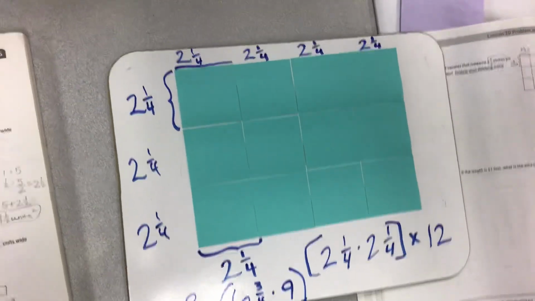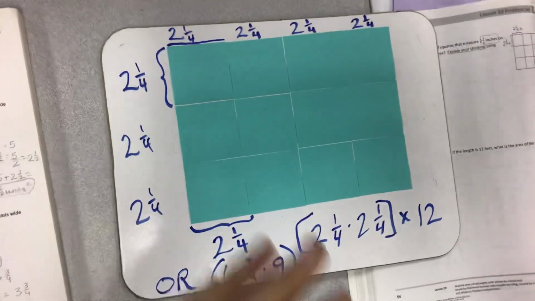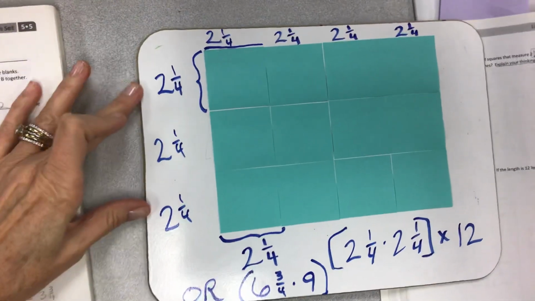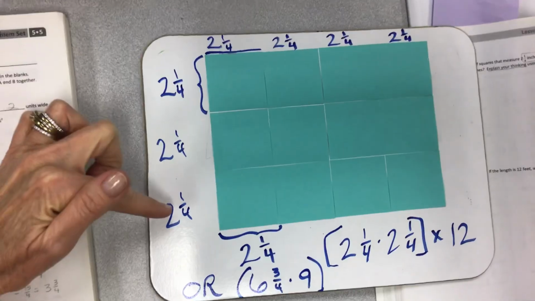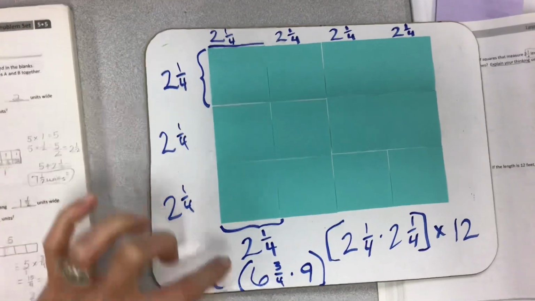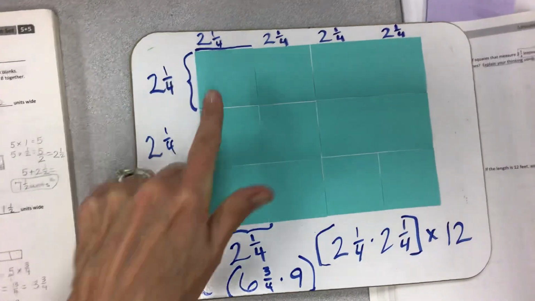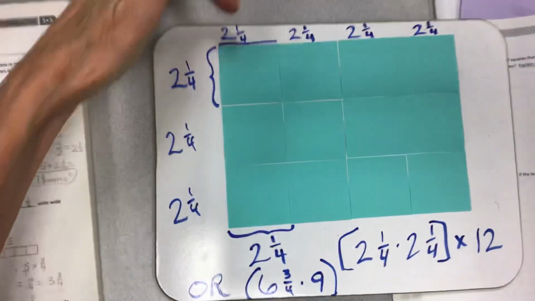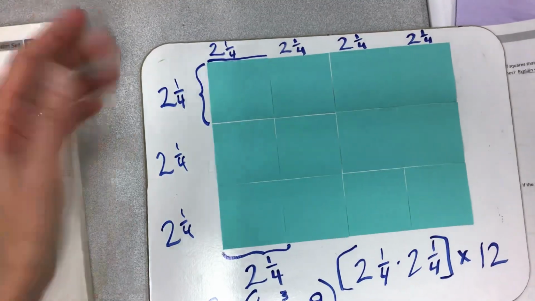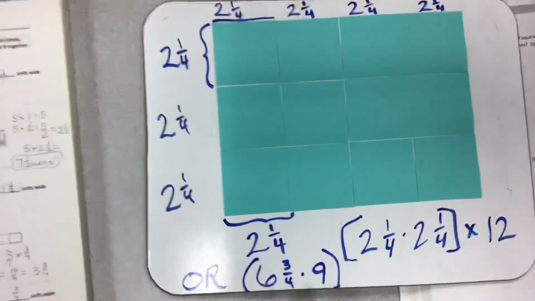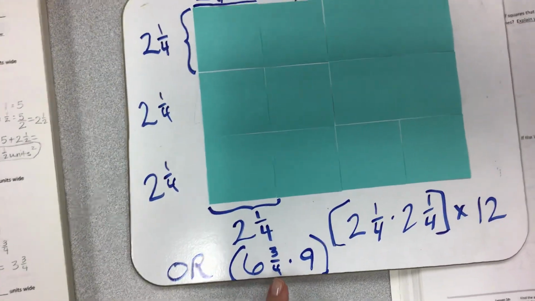So each of the little tiles is 2 1/4. And so what you can do is you can look at the total amount. So like 2, 4, 6, and then 1, 2, 3. So it could be 6 3/4 for the full width of the left side. And then 2, 4, 6, 8 plus 1/4, 1/4, 1/4, 1/4. That makes 4/4. So that's really nice because you have 2, 4, 6, 8 plus 1 makes 9. So at the bottom here, one of your options is to have 6 3/4 times 9 to find the area